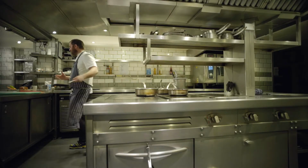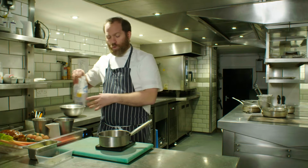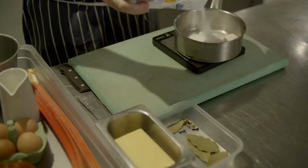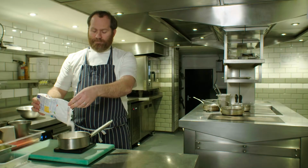So the first thing on this recipe is make the stock syrup. Stock syrup is equal quantities of sugar and water. In this case, we're going to do 300 sugar, 300 water. So we're just going to weigh in the sugar. It seems a lot of sugar, but it is a dessert, and we are cooking with rhubarb. Rhubarb can be quite sour,